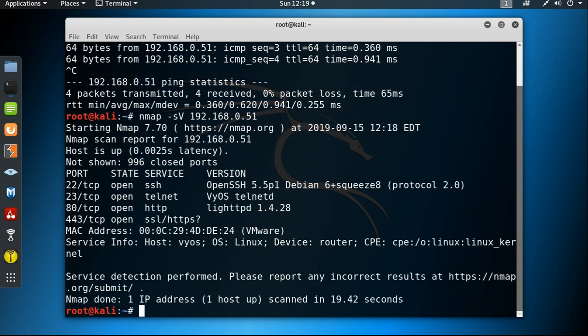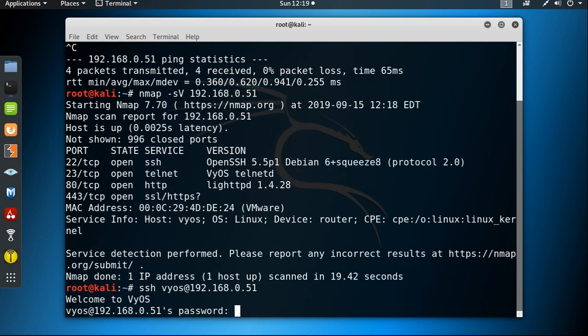Okay, let's try to connect with the SSH service using the host name VYOS. It's asking for a password.